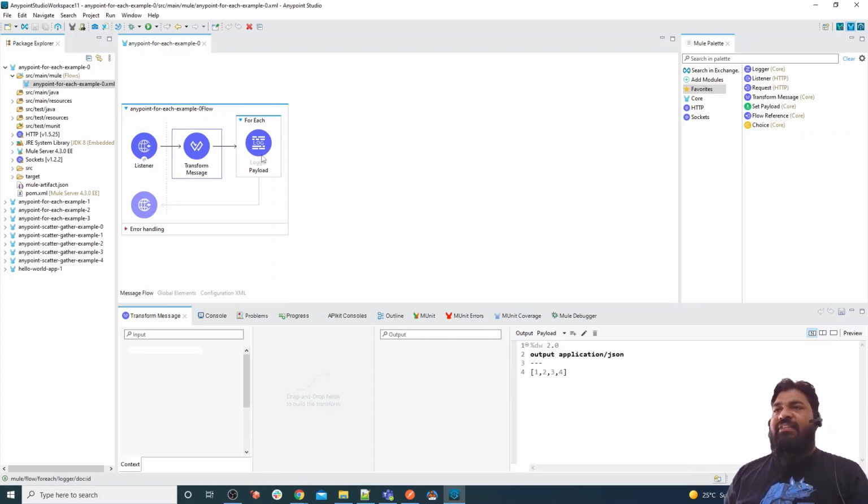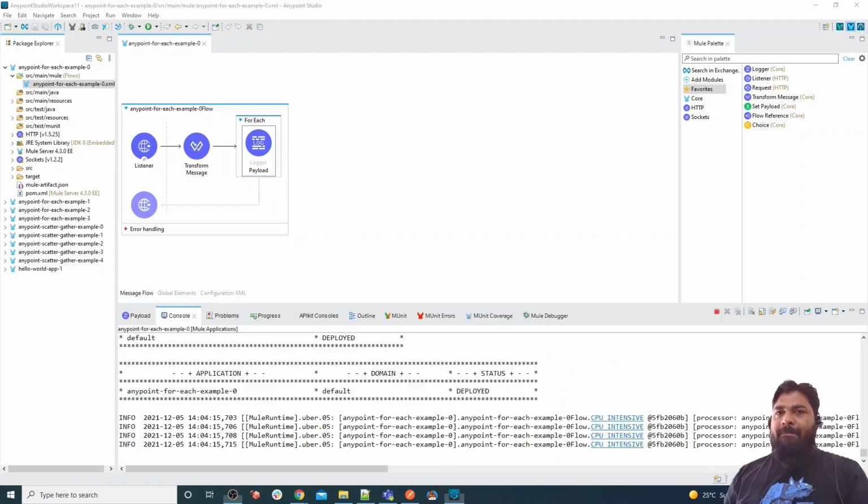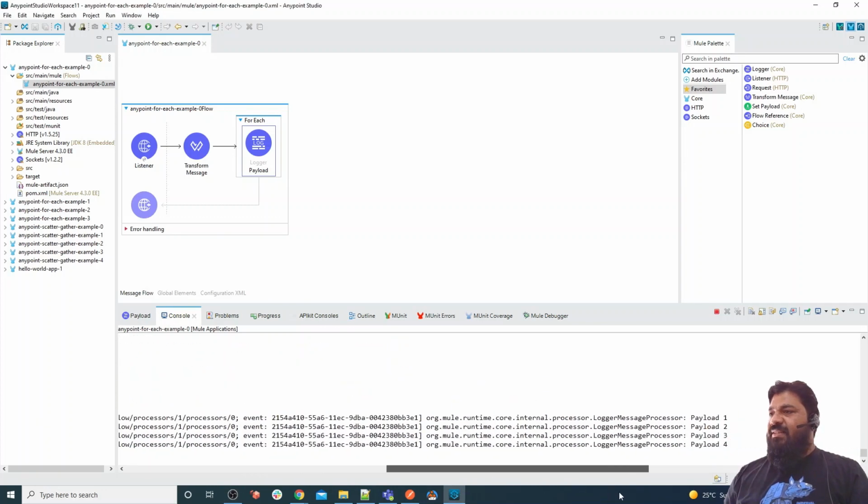Inside the for each we have printed a logger, and inside the logger we have printed the payload. Let me show you the console logs. Yes, as you can see, it is simply printing 1 2 3 4. So this is a very simple example of how to use for each.